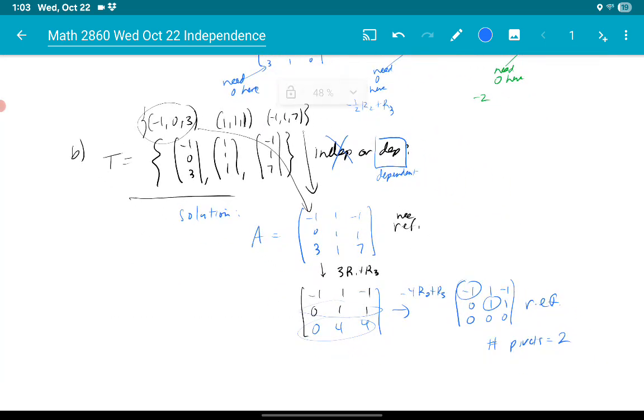All right, on Friday, we'll talk about basis and dimension. We'll be able to finish that topic pretty easily on both Friday and Monday. I'll do some more examples of independence. That should be a live lecture on Zoom. I'll send the link out.